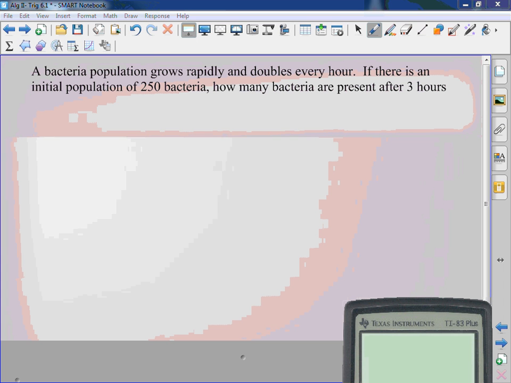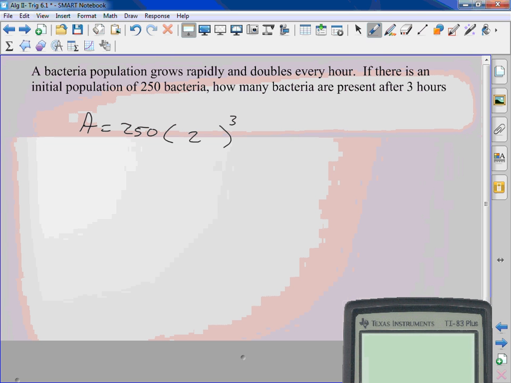For the formula, A equals, I start with 250. You know it's 3. What's happening every single time? Okay, it's doubling. So what's going to be on the inside? 2, because you've got to think,